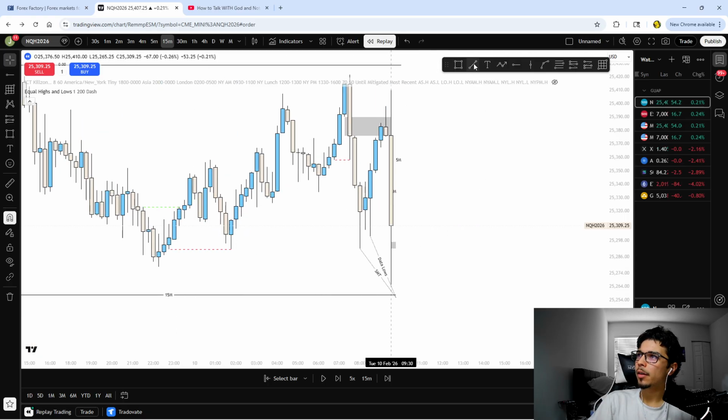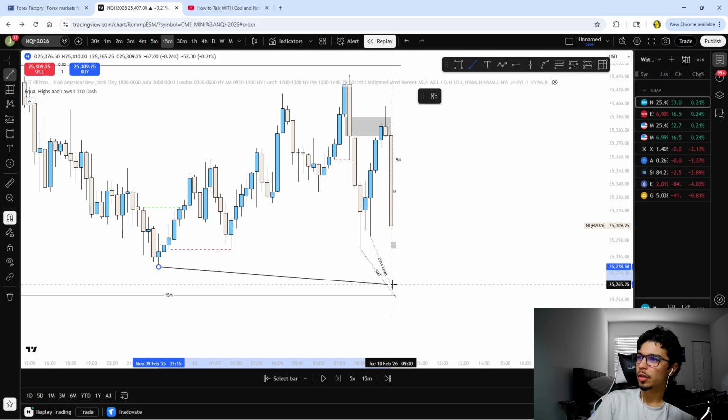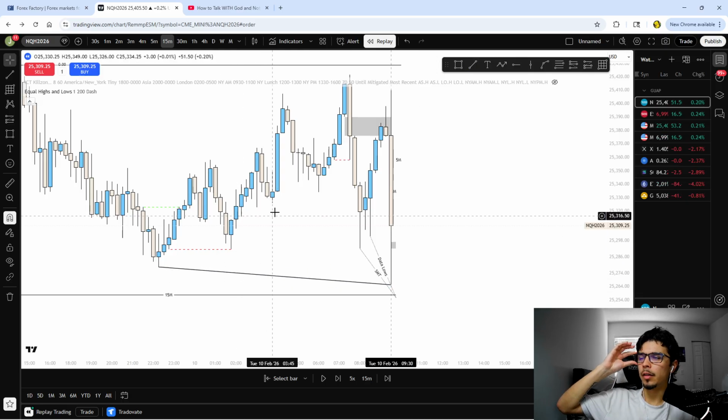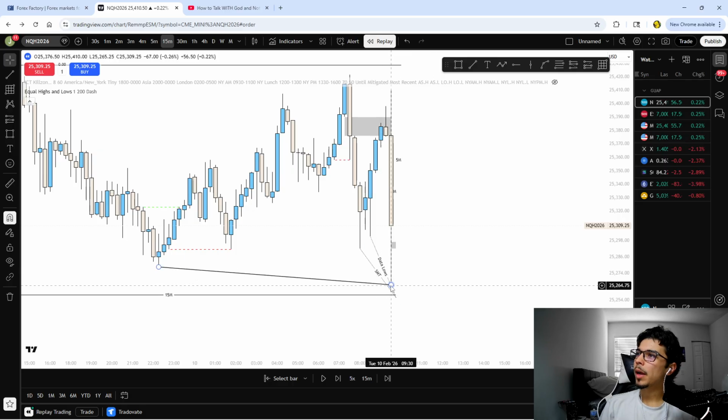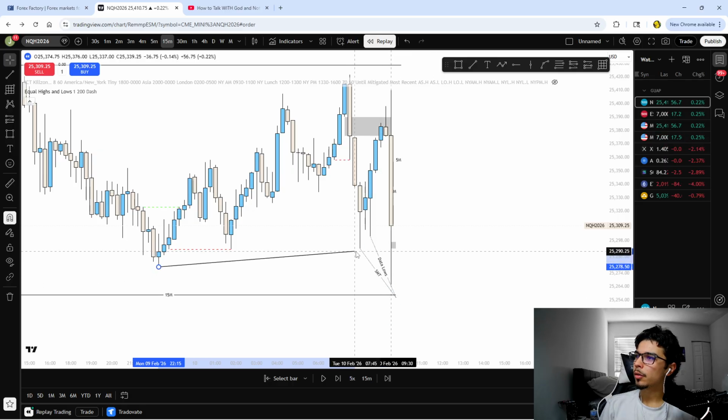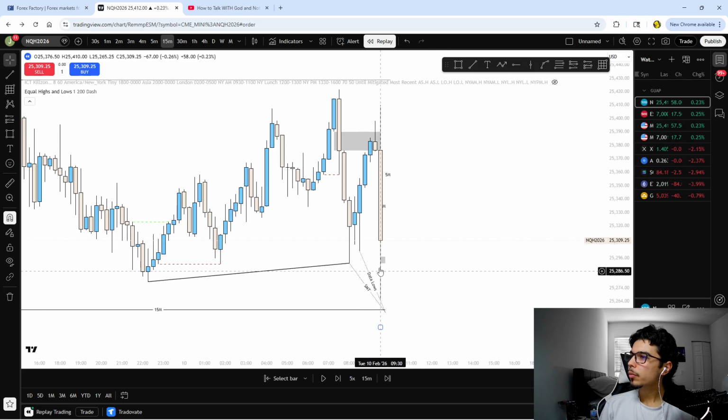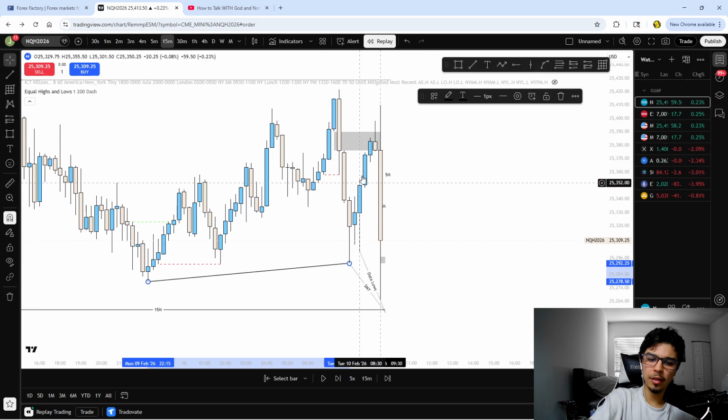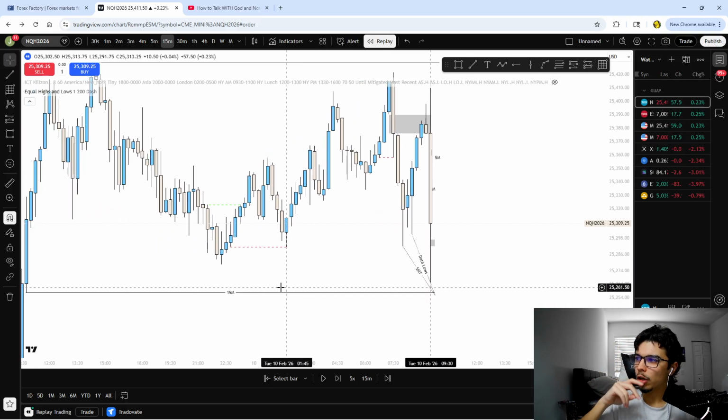And even though we had originally an SMT right here, which I ended up taking off, this is the one you guys seen in the bias. Originally when we had an SMT right here, nope, just kidding, it was right here. ES was the one that came and took it out. I was using these as our condition. So if we started just death candling through all this, I was going to try to target this unfilled 15-minute